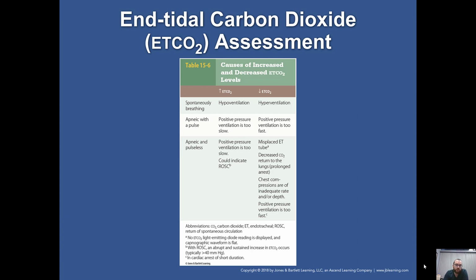If you're getting 10 or better for chest compression, so every time we're squeezing on that chest, we're forcing some of the carbon dioxide out. If it's 10 or better, that means we're getting good quality chest compressions. It's kind of a weird thing, but it's a super helpful little tool to measure how effective our CPR is